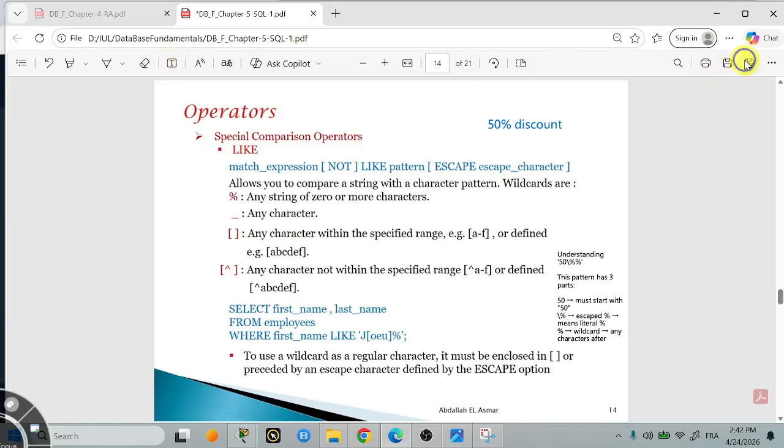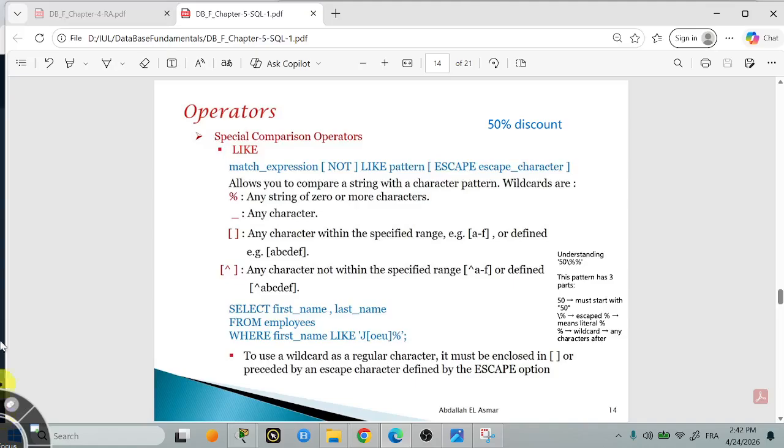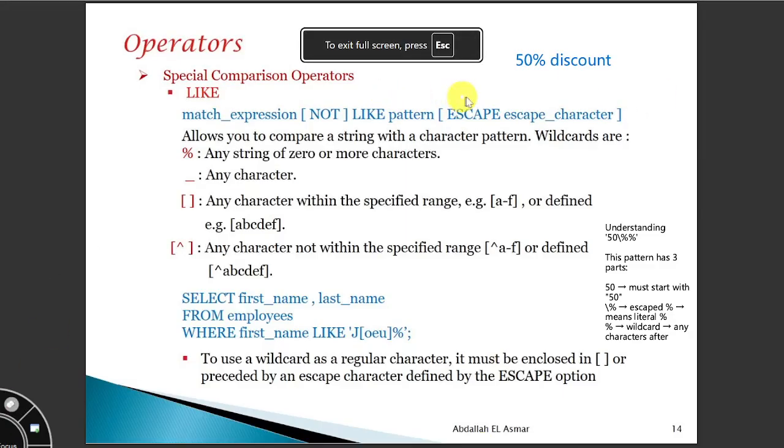Okay, imagine that we want to find this. How can we write this? As you see, this means any character here, any string of characters, 0 or more, right? So to write this, and we want to search for this,